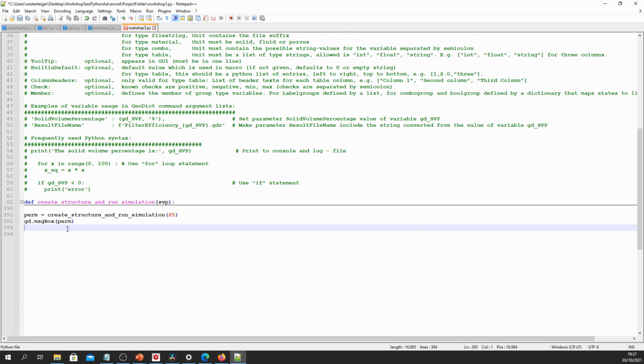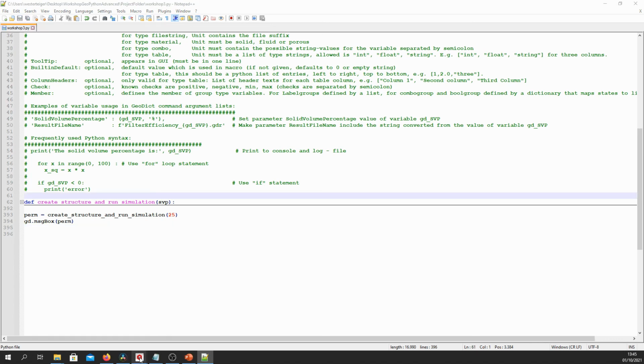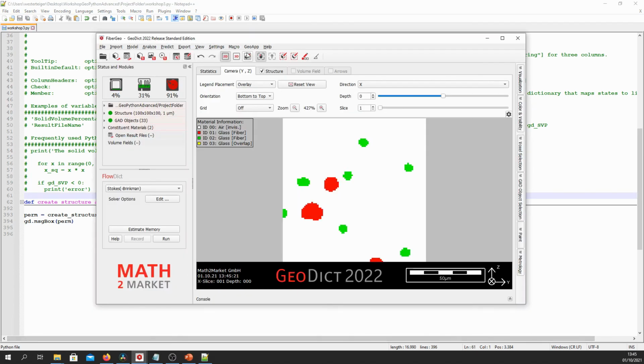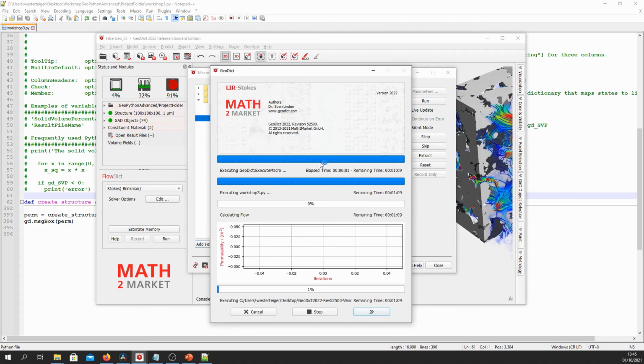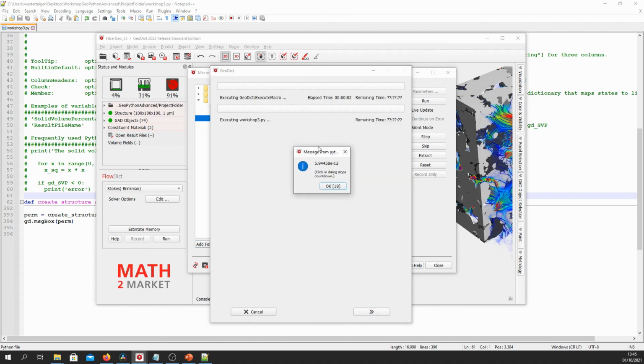Now let's save the file again by pressing Ctrl S and let's go back to GeoDict to try it out. Go back to the macro execution dialog. Again, click refresh here. So we see workshop3.py. Select it and run it. And we now get the permeability for the new structure with an SVP of 25.